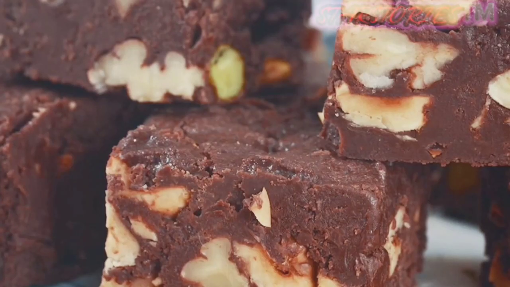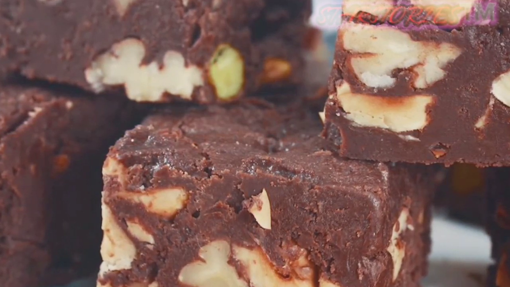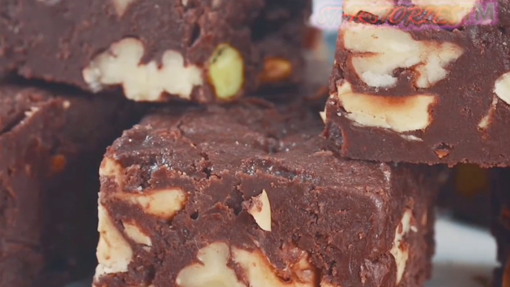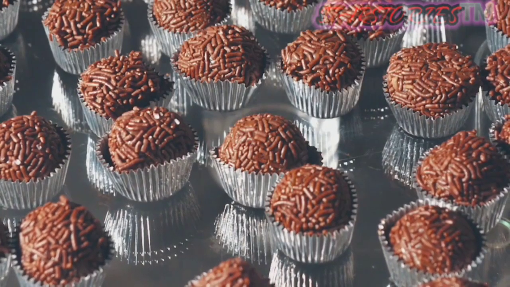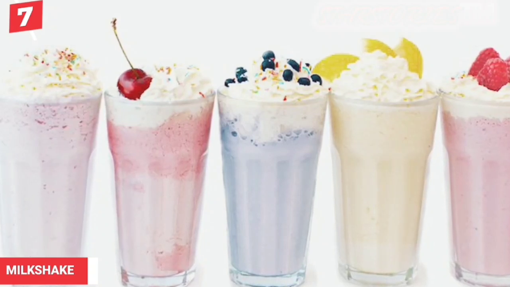degrees Fahrenheit. Remove the pan from the heat and stir in the chocolate until it has melted and the mixture is smooth. Add the vanilla extract, if using, and stir until well combined. Pour the mixture into a greased pan and let it cool and set for at least 2 hours before cutting